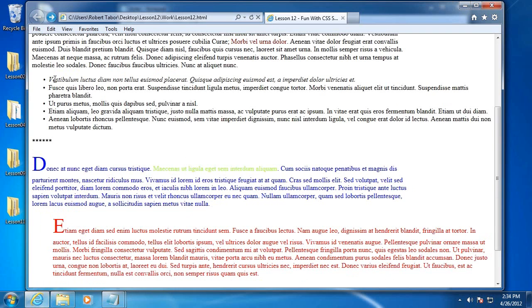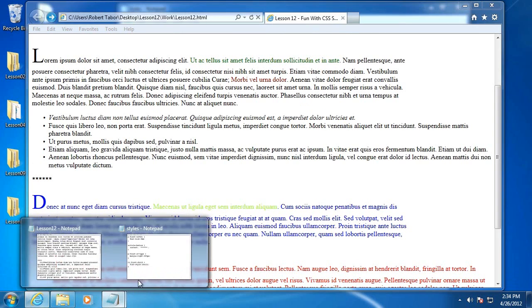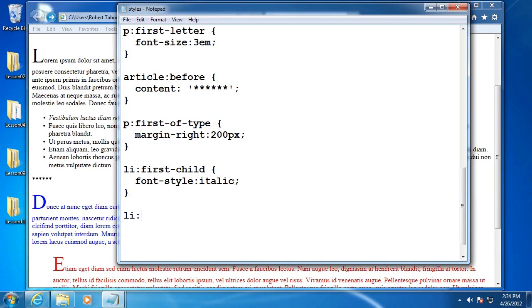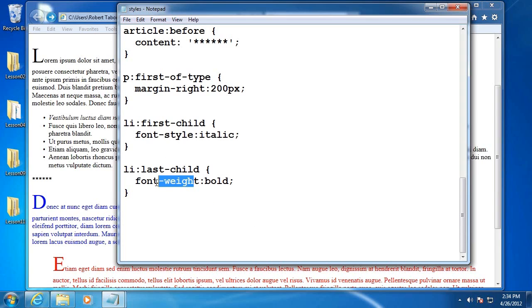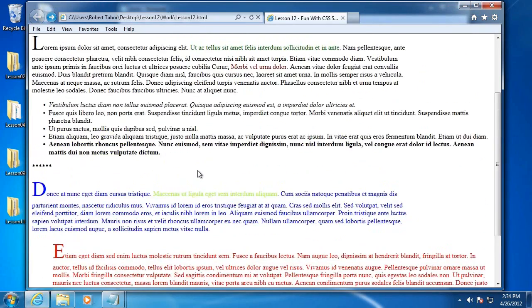And as we would expect, this very first list item is italicized. We can do the same thing with the last child. And so we'll go font-weight bold. And again, we haven't talked about any of these properties. That's what the remainder of the series is for. Right now we're only focusing on these selectors, okay? Just to make sure you understand, I'm going to come back to those concepts. We're just kind of throwing these out here. But you can see now the last child is